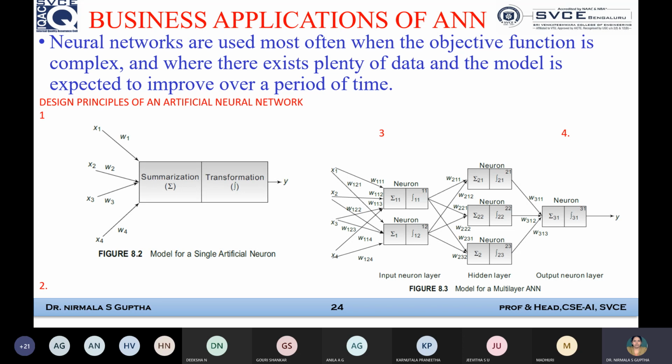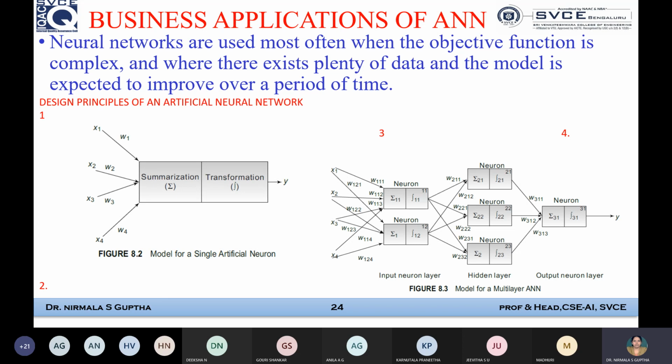In this particular diagram, we can see the main objective of solving the problem complexity in a collective manner, as the complete network is given. The neural network is considered a black box system. It is going to take the input, process it, and give the output. Which particular neuron does the processing depends on the kind of prediction we are trying to make and the complexity of the problem we are trying to bring into action. So this is about design principle 3.